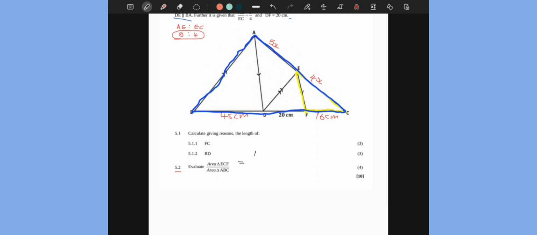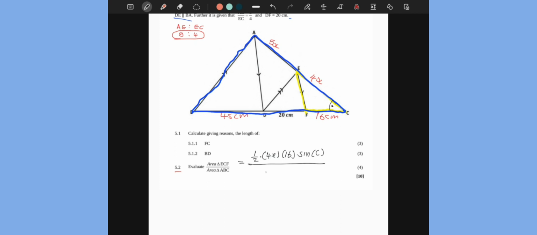For triangle ECF, I've got two given sides, which are this 4x and the 16. So I'm going to write half times 4x by 16 multiplied by sine of the included angle, which is C. Then I divide by